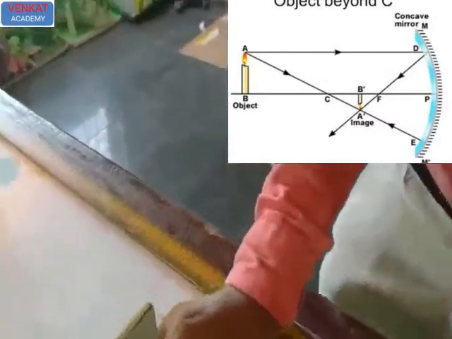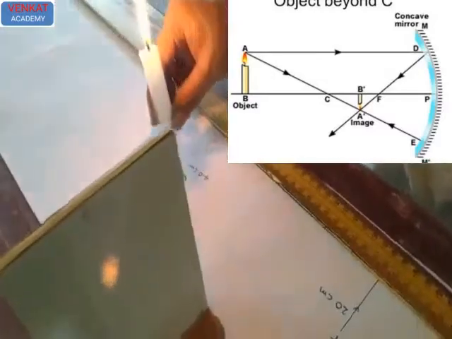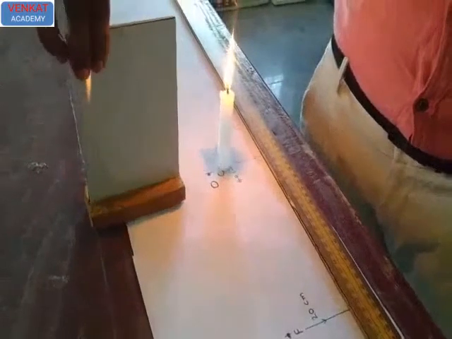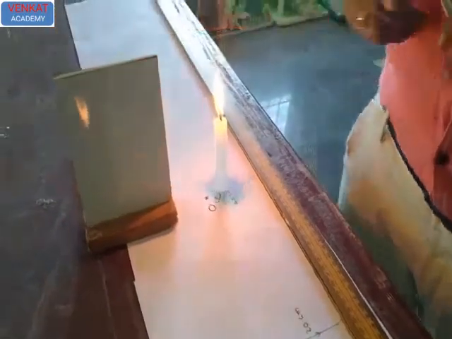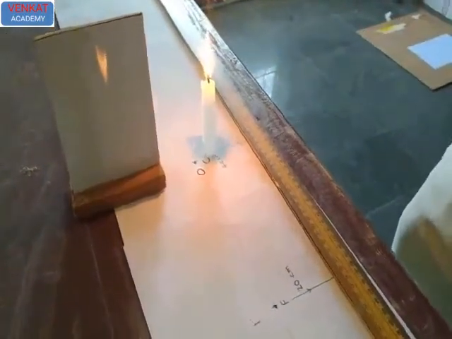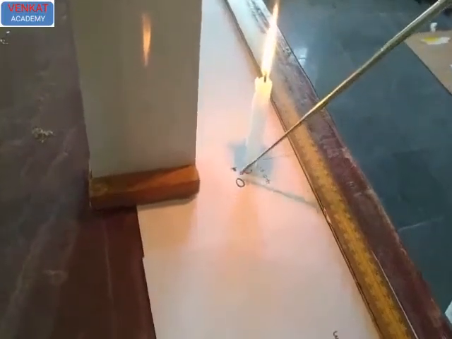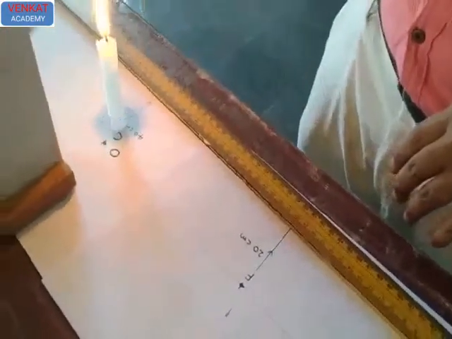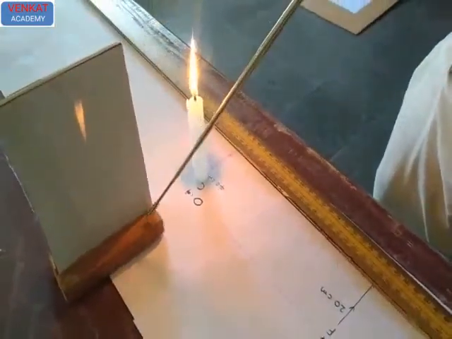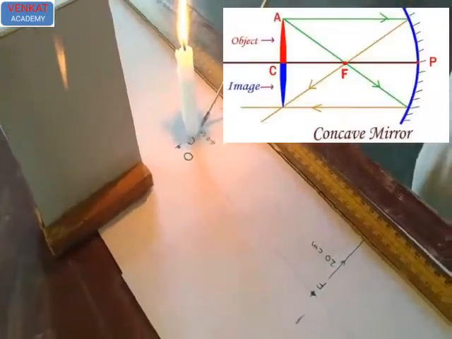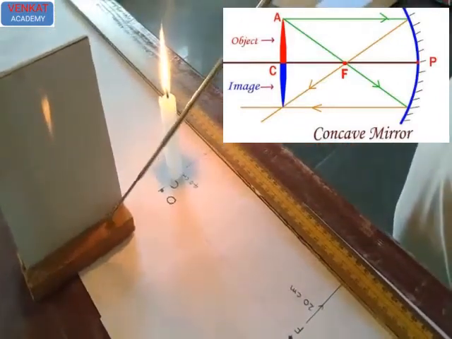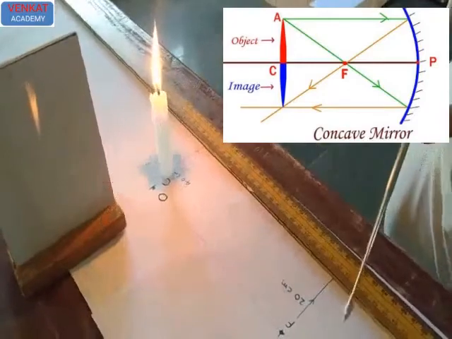Next, what about case 3? Case 3 means the object is at C, and you have to adjust the screen also. Okay, object at C. See here, the object is at 40 centimeters from the concave mirror. So the object is at 40 centimeters and you have to get the same size of image, means the image is also formed at the same place. The third case is the object at the center of curvature and the image is also formed at the same place, 40 centimeters only.